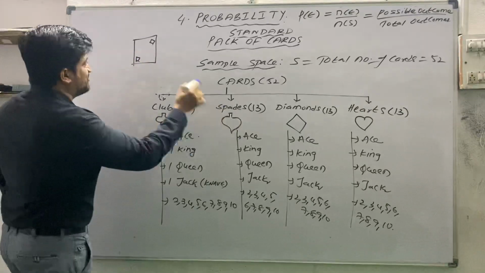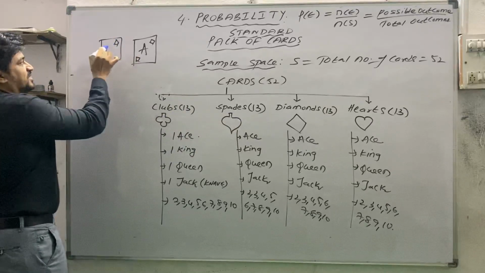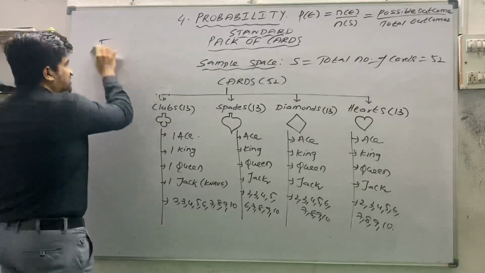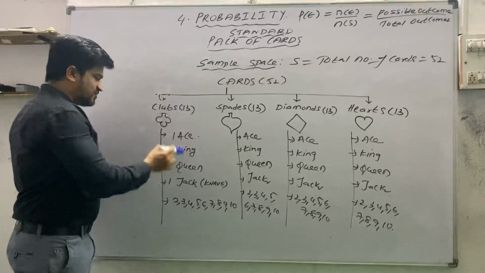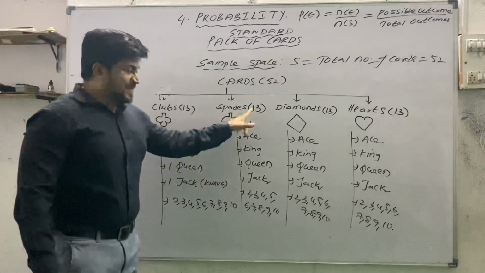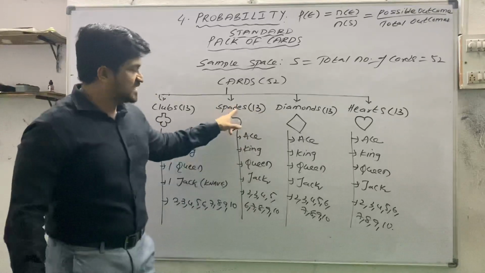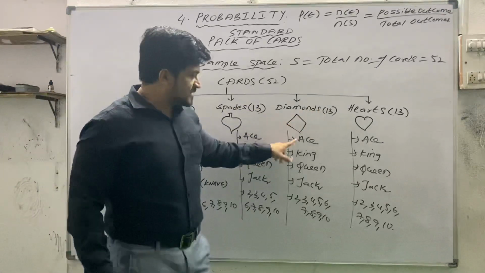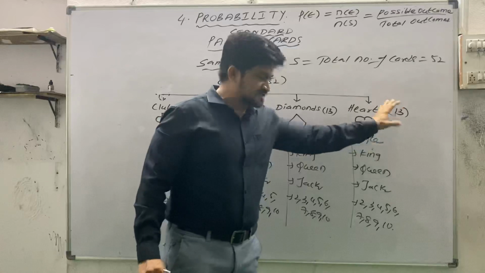sign on it. 1 ace will be there, then 1 king will be there, that means a diamond king picture will be there. Similarly, we have club cards: we find the ace of clubs, the king of clubs, the queen of clubs, the jack of clubs, and number cards of clubs. Spades, 13 spades are there: we find 1 ace, 1 king, 1 queen, 1 jack and 9 number cards with the spades symbol on the cards. And 13 cards with the diamond symbol: we find ace, king, queen, jack and 9 number cards. Similarly for hearts also we find 13 cards with